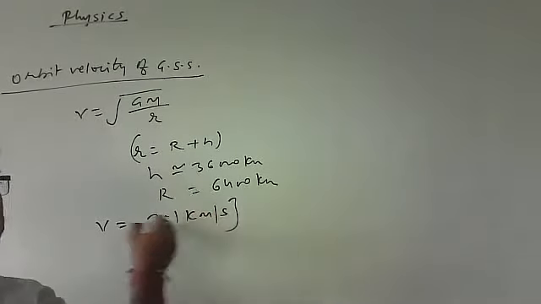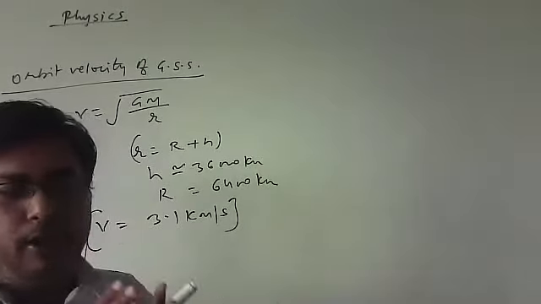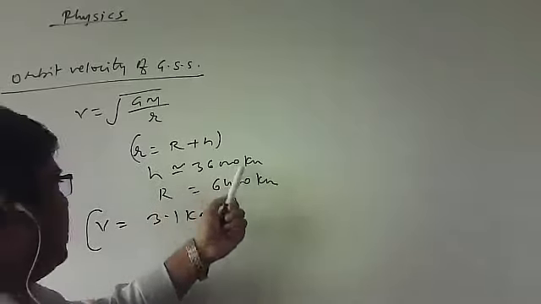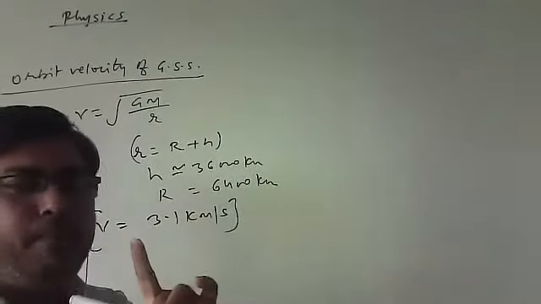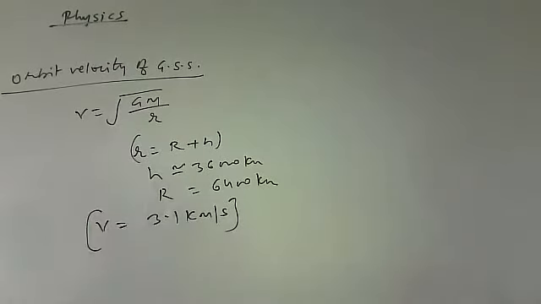Memorize. When we ignored the value of h, the orbital velocity was about 7.9 to 8 kilometers per second. But when we have this much height, 36,000 kilometers, our orbital velocity is only 3.1 kilometers per second. That is, orbital velocity is reduced significantly by the increase of height. This is the orbital velocity of geostationary satellites. I hope these points are clear. Yes or no? Quickly respond. Students, respond. Is this point okay?